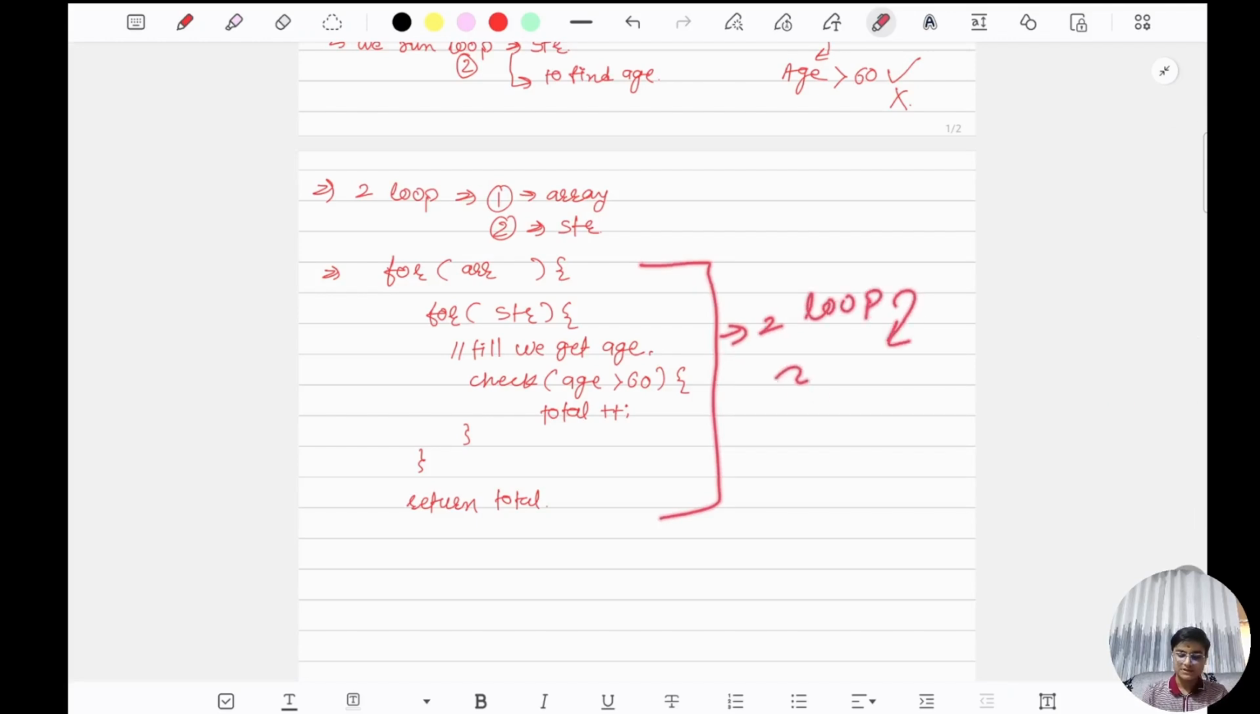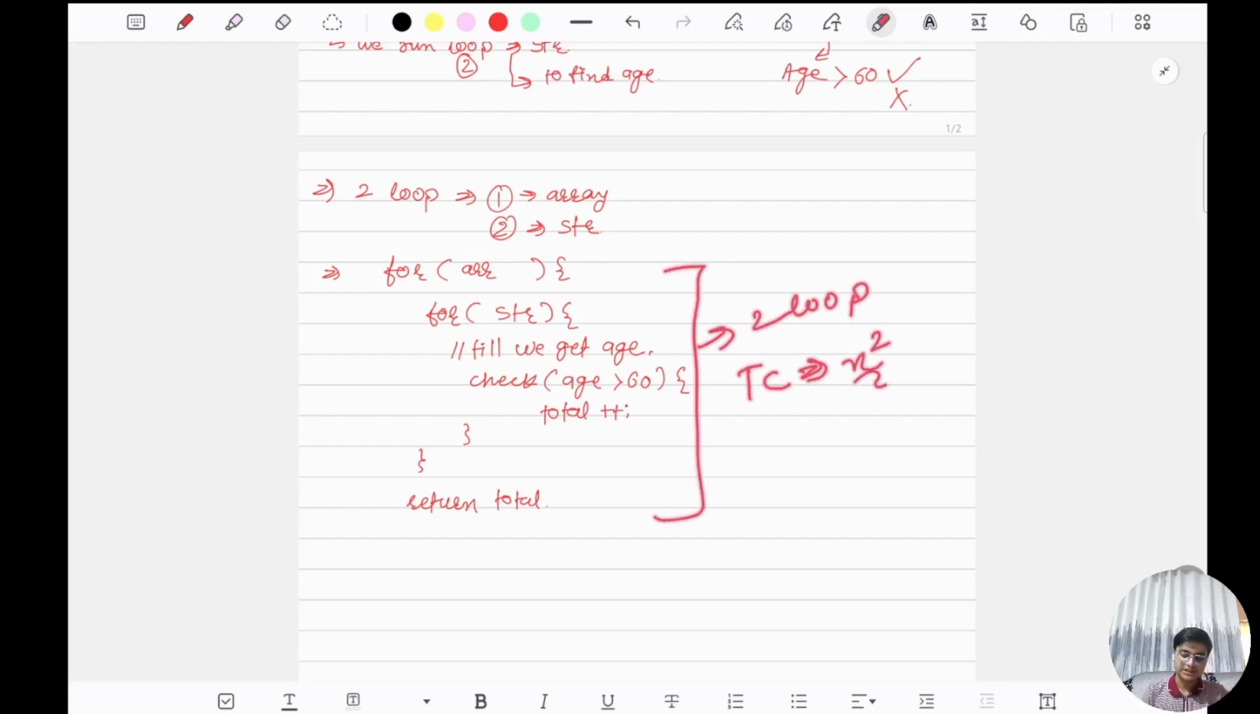Because of these two loops, our time complexity already becomes n square, because the first loop is over the array and the second loop is over the string, right? And after this second loop, we need to stop it at the age, right? So instead of doing this, why not, instead of running this second for loop, directly take the exact